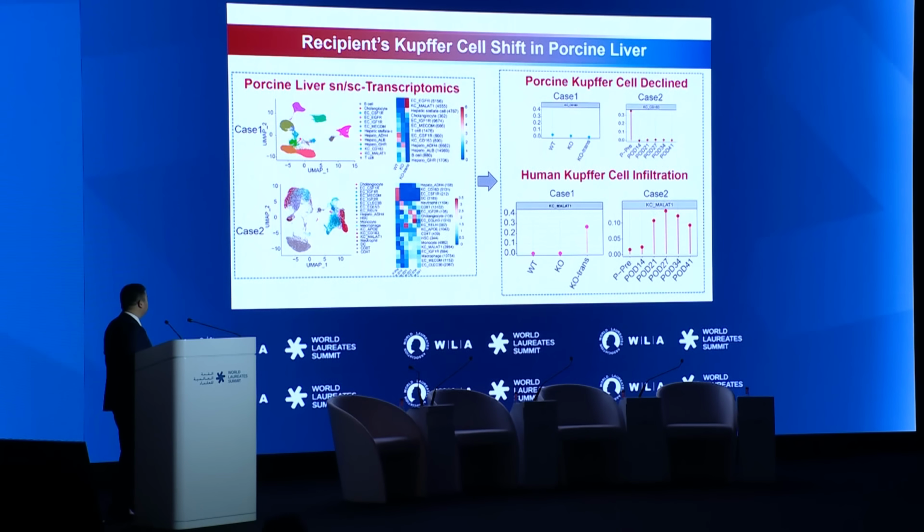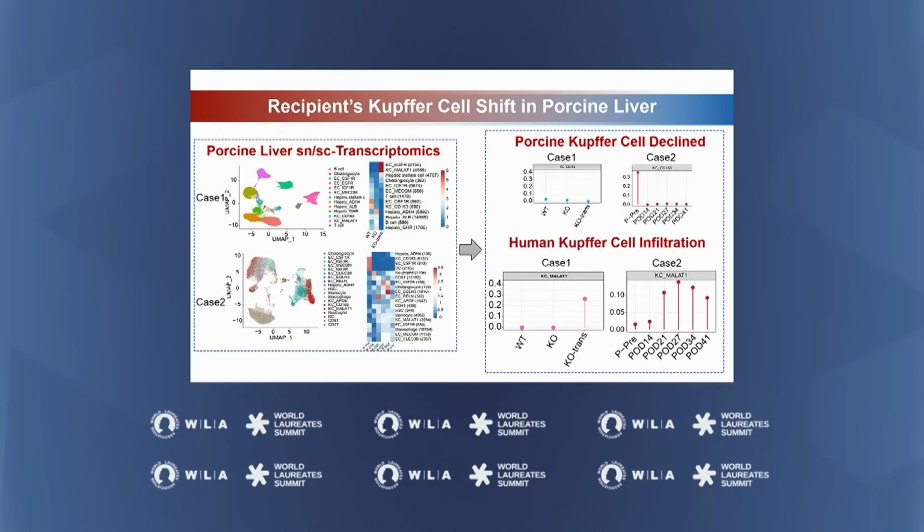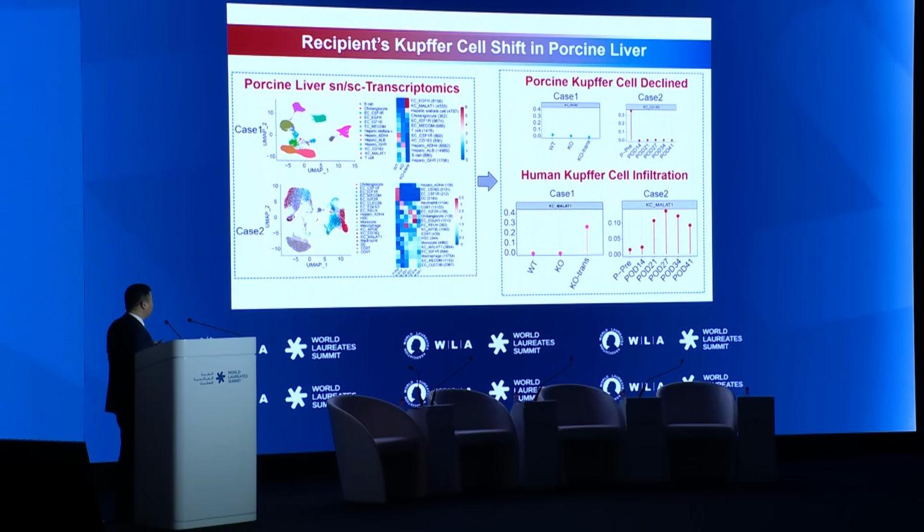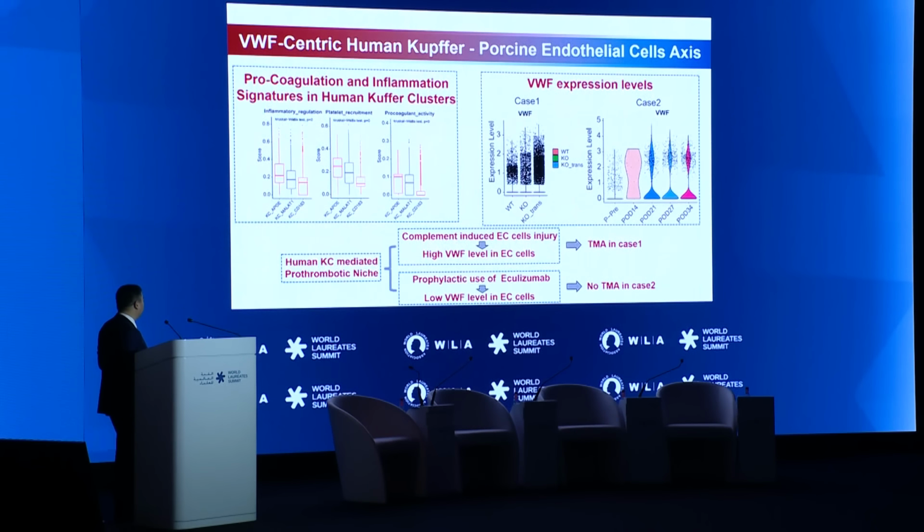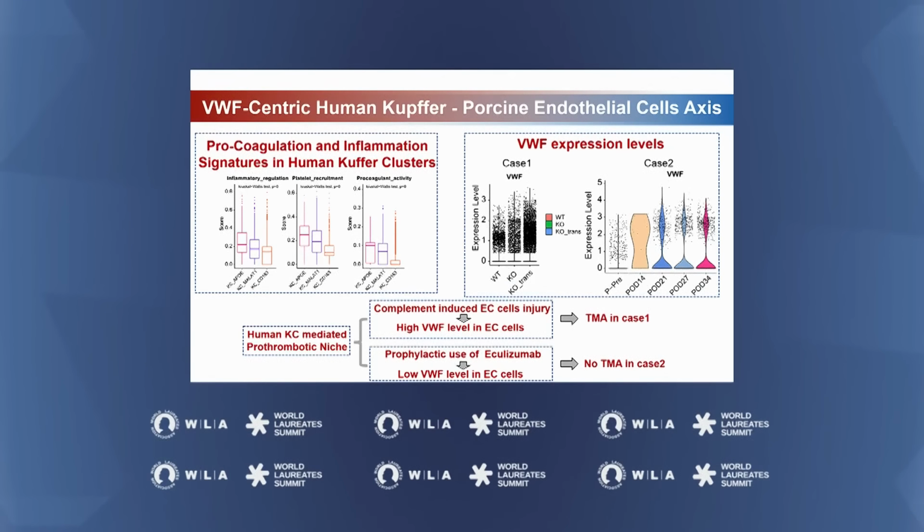From this analysis, we can see that in the porcine liver, recipient Kupffer cells and macrophages infiltrated into the graft liver, and the macrophages of porcine origin gradually disappeared in both cases. And these infiltrated human macrophages create a pro-thrombotic niche